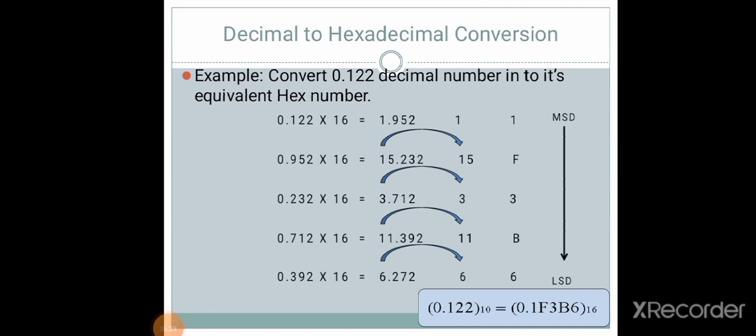So this is the conversion of the decimal number system into the remaining number systems. First we have seen the conversion of the decimal number system into the binary number system. Then we have seen the decimal number system into the octal number system. Then we have seen the decimal number system into the hexadecimal number system. What we have done is we have simply taken the base of the given number system, and with the help of that base we have just done the multiplication and division with the given number. So this is very simple, you have to try it and see.